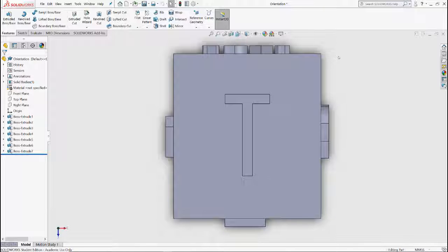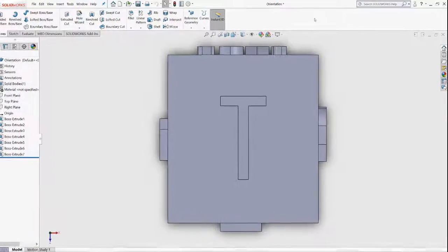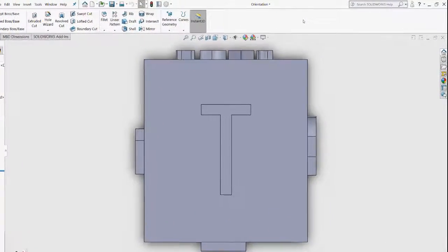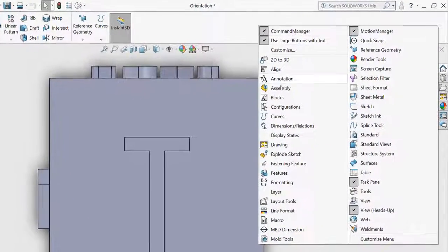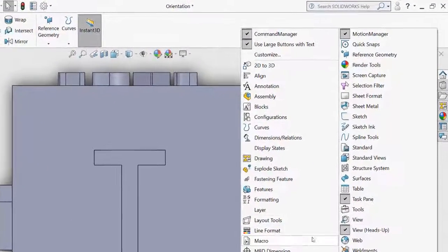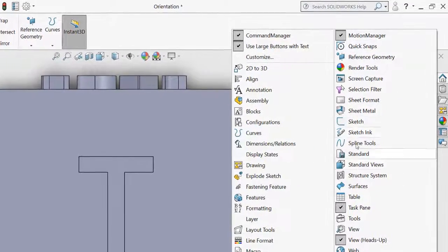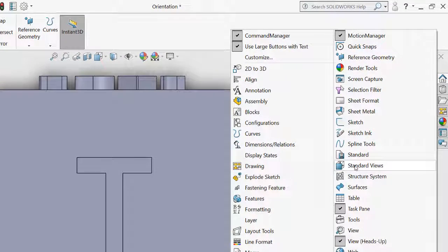You can do that by hovering your mouse at the top of the command manager, right click, and you see a lot of features that you can use. These are floating features. When you select them, a command bar will open, and you can dock it anywhere onto